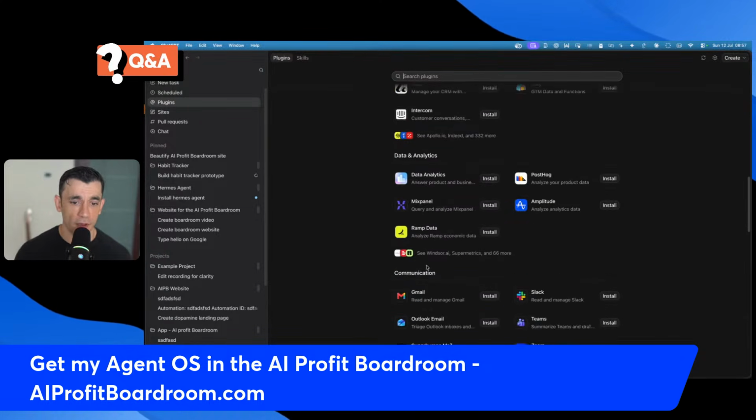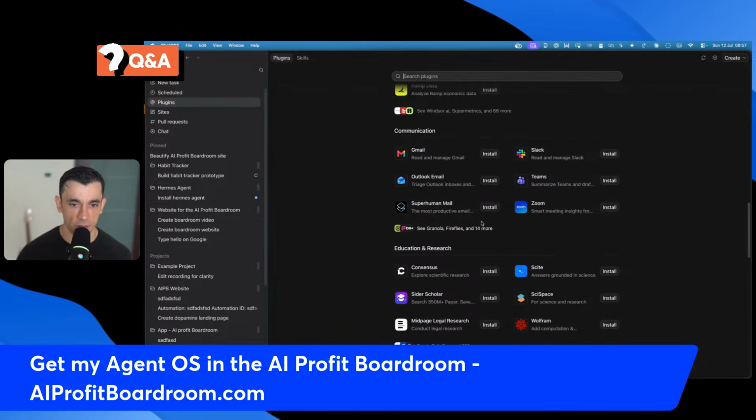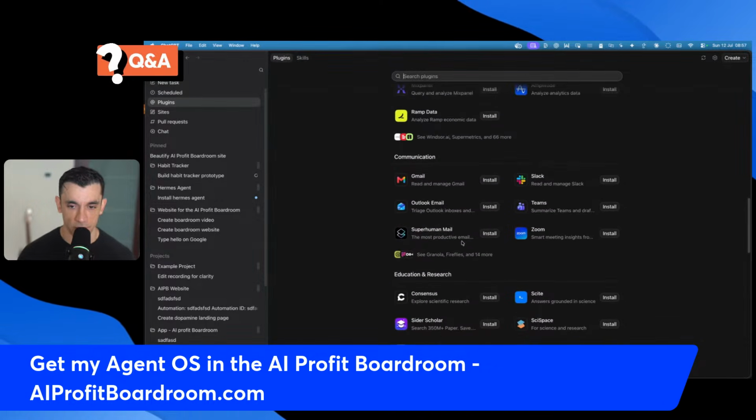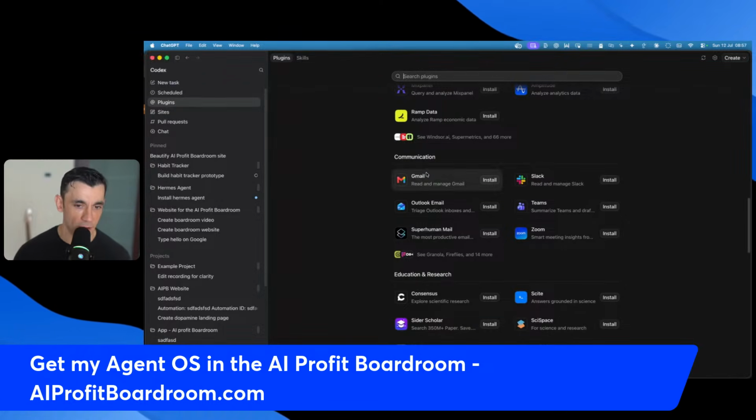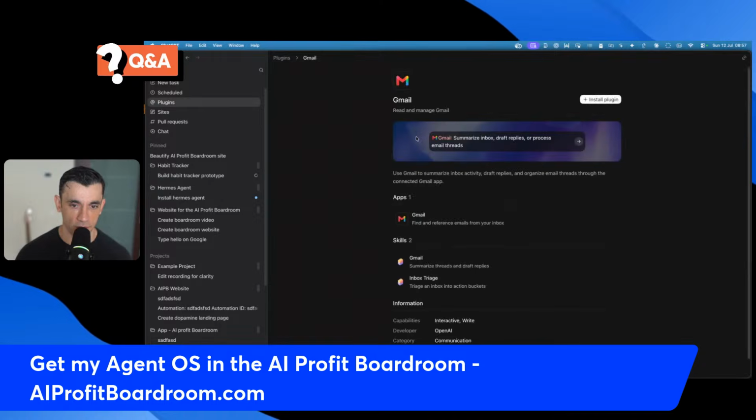Now, the more tools you add, the slower the response is, and also the more time consuming it can become to reply, and also the more tokens it uses as well. So you want to get that balance. Now, for example, we can have a look at all these apps and be like, okay, well, let's say, for example, I want to manage my emails. I can get ChatGPT Codex to use it right here. So I can click on install plugin,